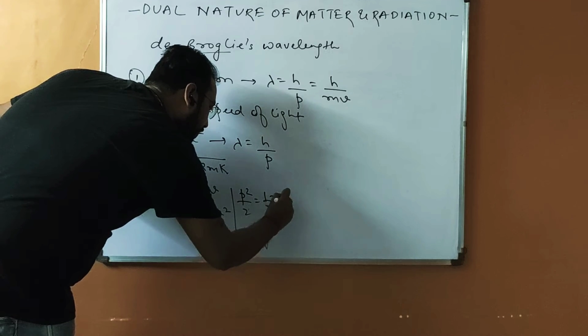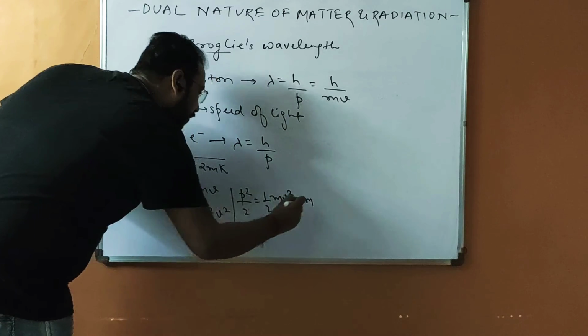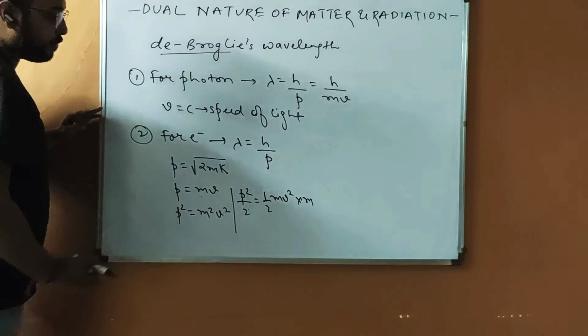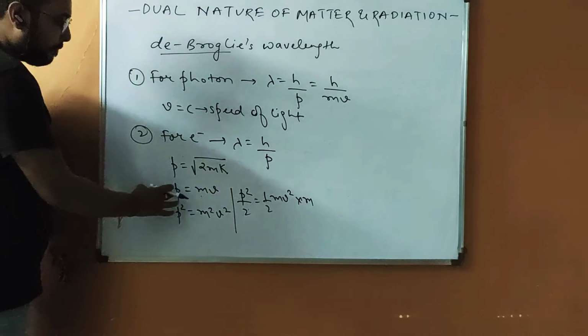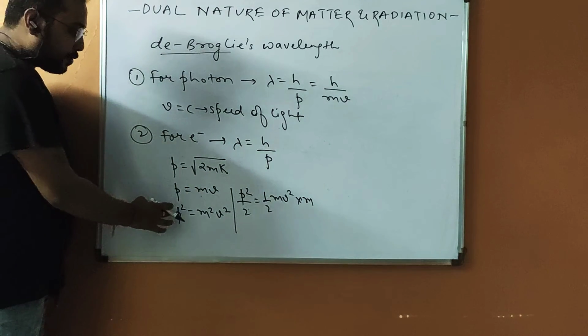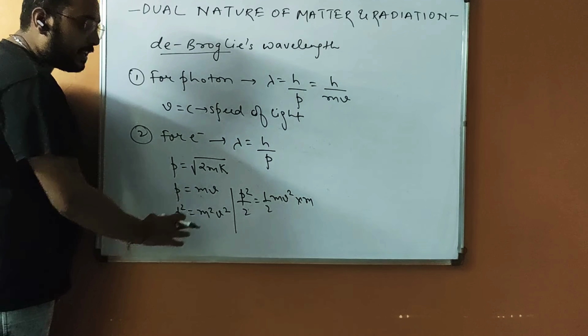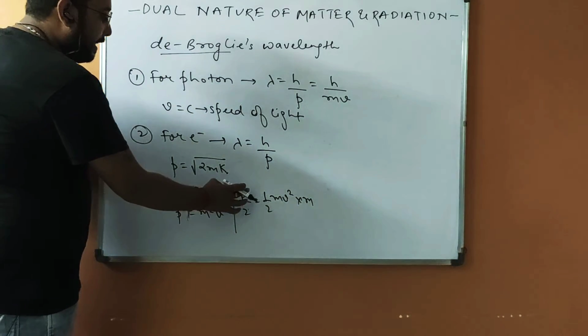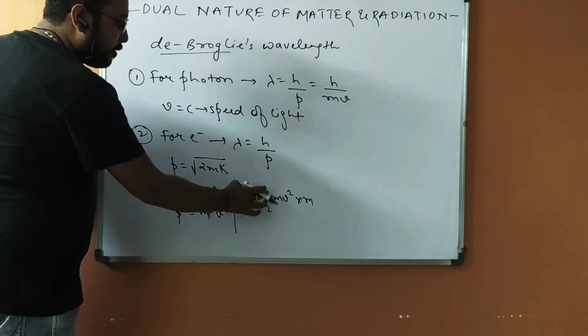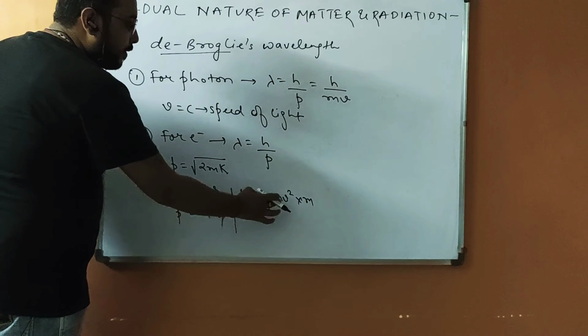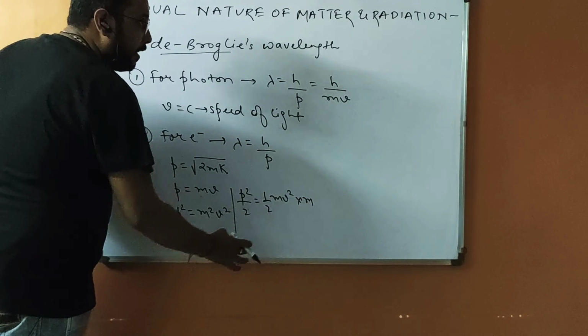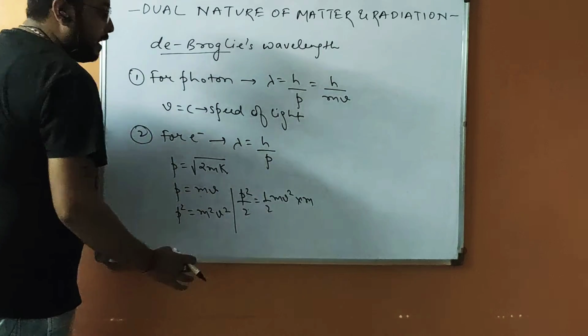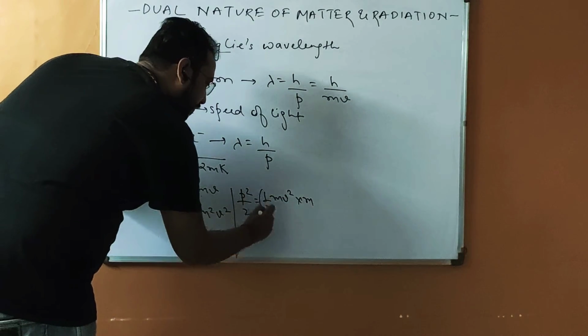What I have done, say P is equals to m into v. So P square will be equals to m square into v square. Dividing by 2, P square upon 2 will be equals to half. For m square I have written m into m. And v square remains same. So what is half mv square? It is